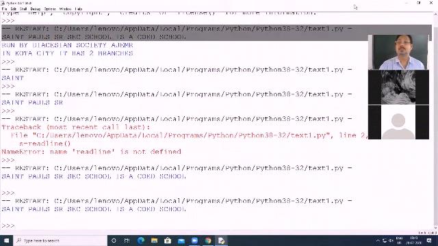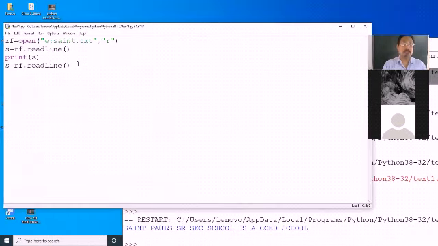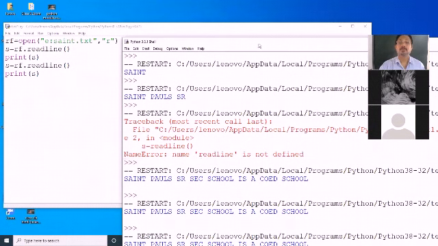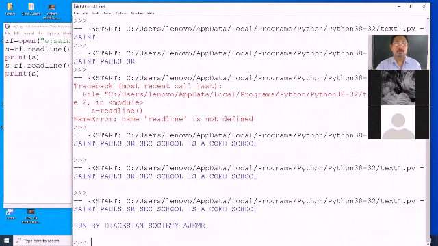Wait, I have not used the print statement. So print s again. What happens? It will display the first line, St. Paul Senior Secondary School is, and then the next line, run by. That way you can read all the lines.